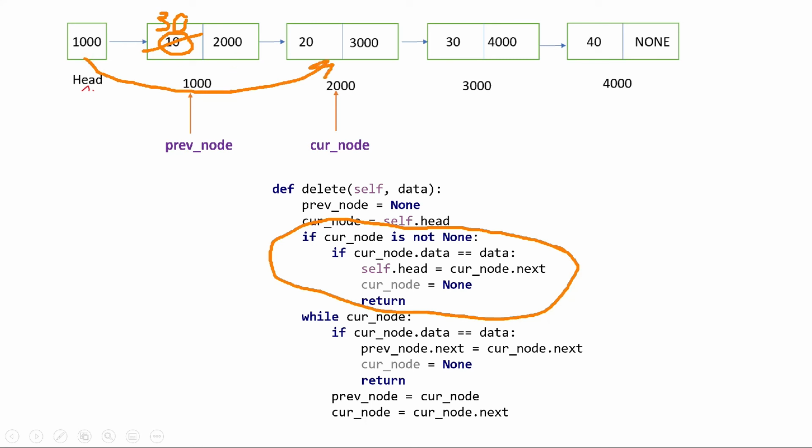Where is 2000 stored? In current node dot next. This is your current node in that case. So instead of 2000, what should you have here? 2000. Now see here, self dot head is assigned current node dot next, and current node you'll assign none because you want to delete this element, and return.